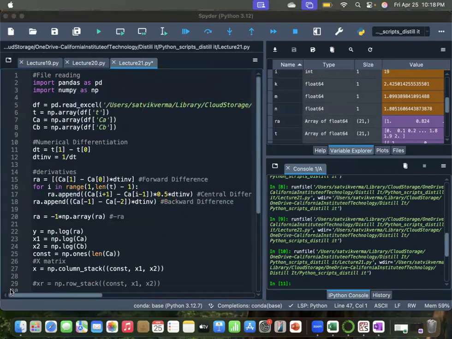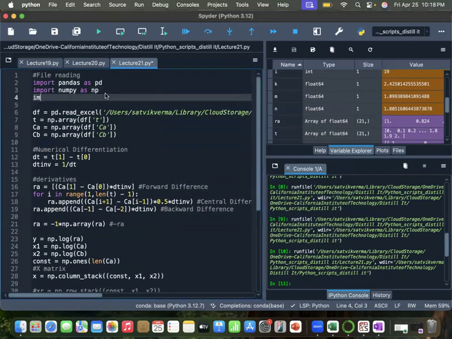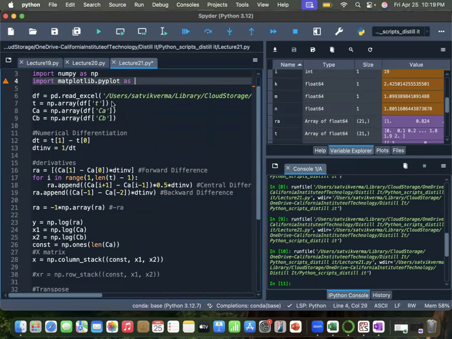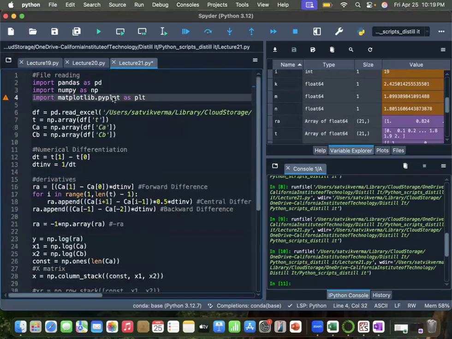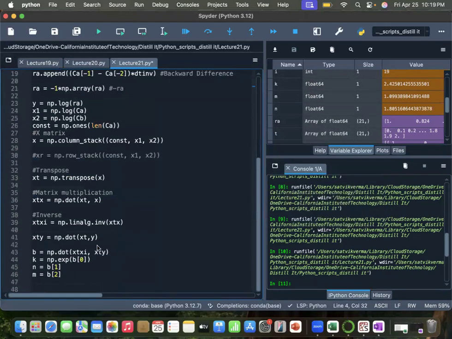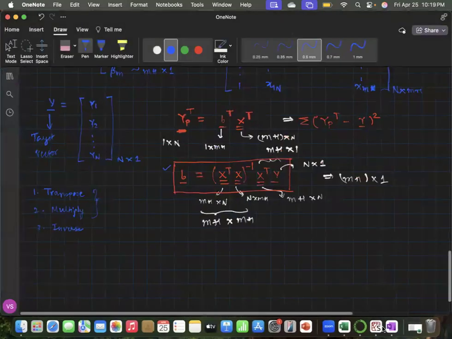So one thing that people often do is try to plot something called a parity plot. First of all, let me just import the library for plotting stuff. And then let's see what a parity plot is. A parity plot is the plot you plot between the predicted variable and the actual data. So for example, in this case, we had